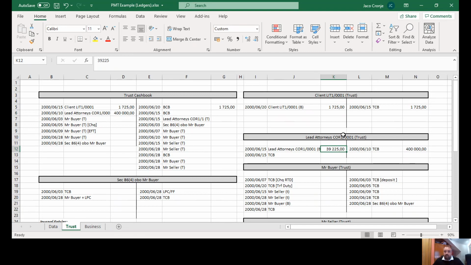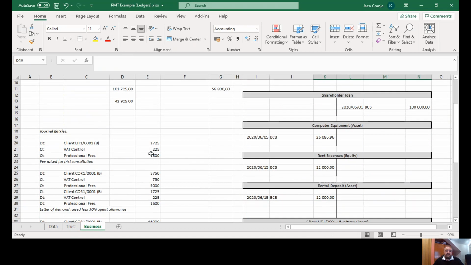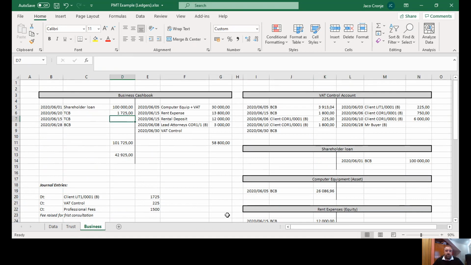Now, second step, let's not forget, now we must actually log into our internet bank. Will this transaction increase or decrease my trust bank balance? The answer is it will decrease. So my trust cash book will decrease. It will have a credit entry of 39,225. And where does that go? That goes into my business cash book. So 39,225 as a debit, because my business cash book, which is an asset, will increase by that